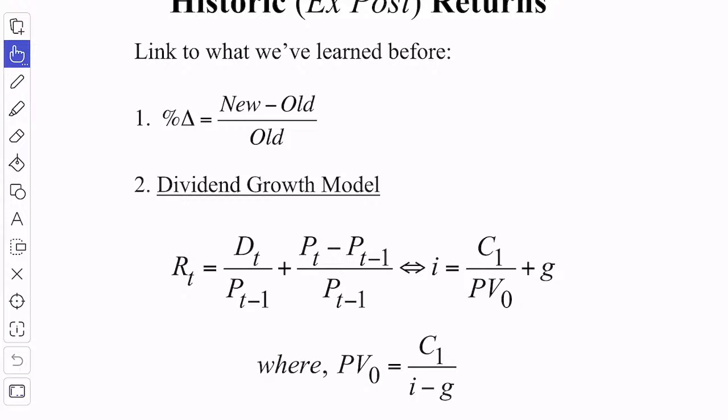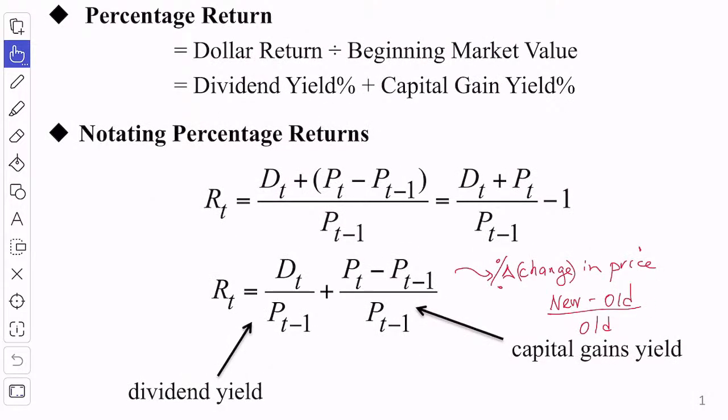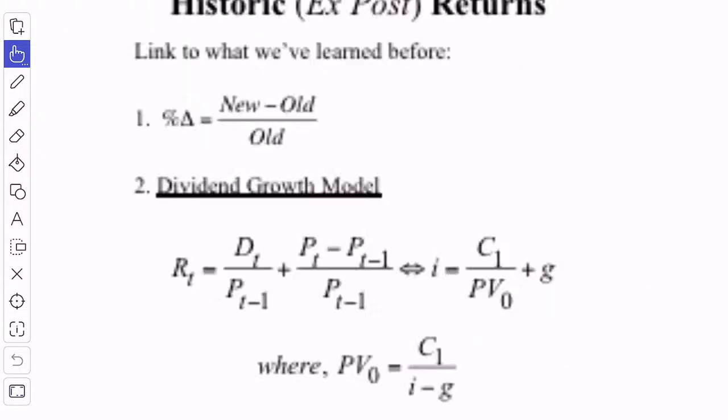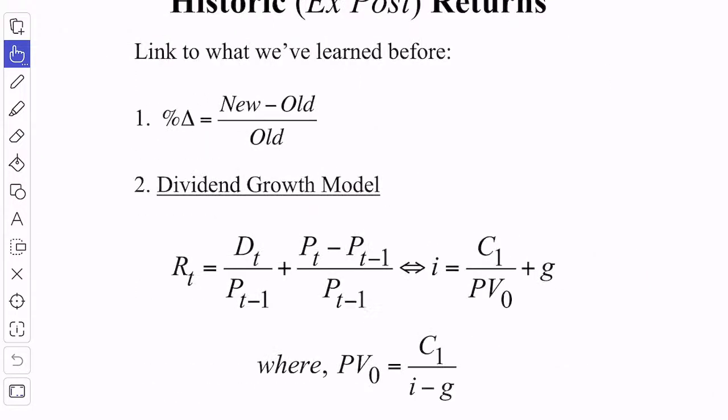All right, so even though this looks strange, maybe you've never seen this before, or you think you've never seen this before, we have used a variation of this in the past. Here is the formula written as the dividend yield and the capital gains yield, if I assume the return is the same every period,